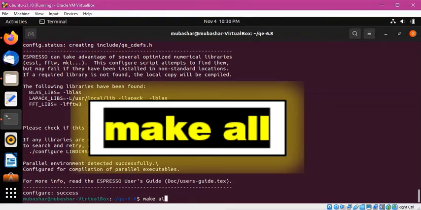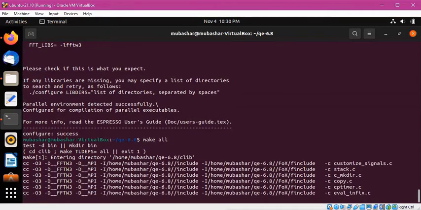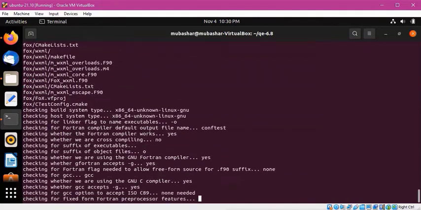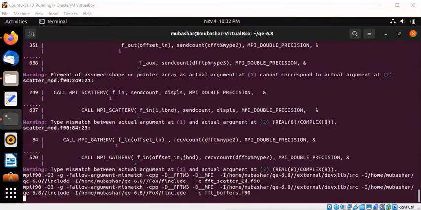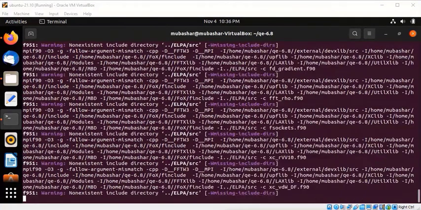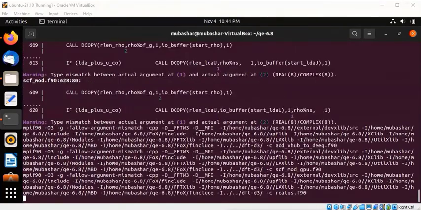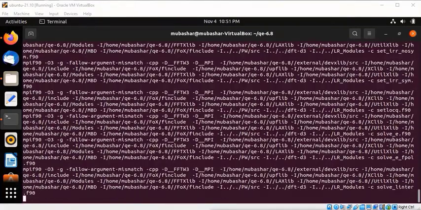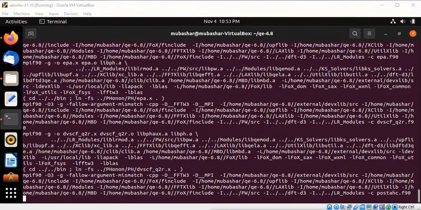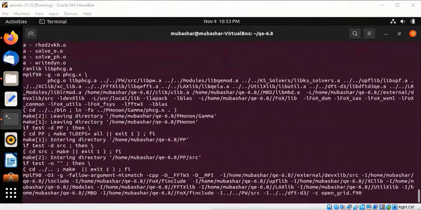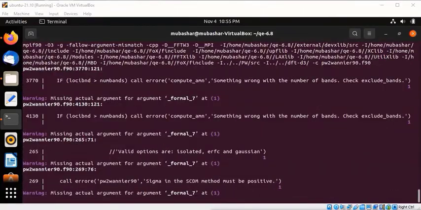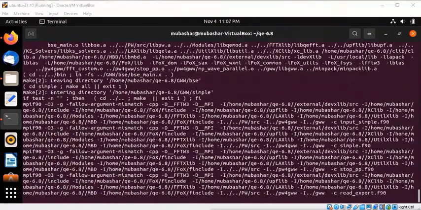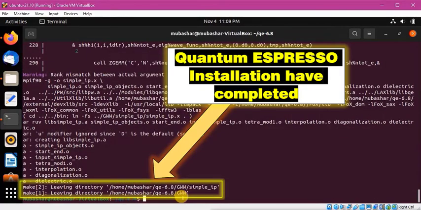Now run the command make all. The Quantum Espresso installation has completed.